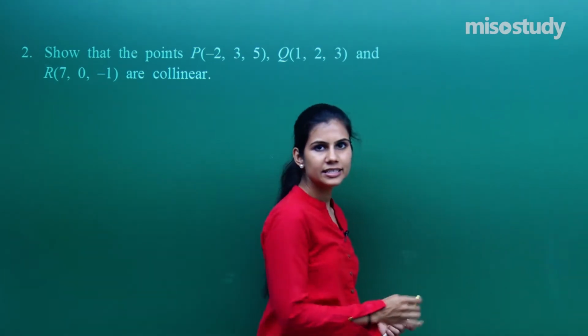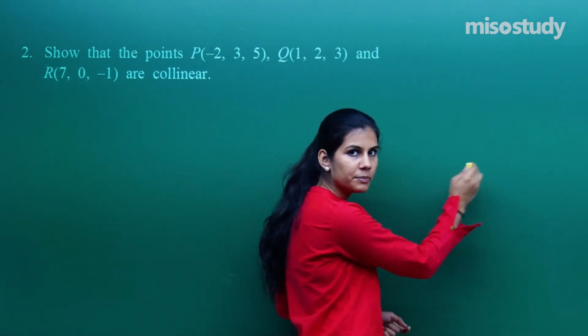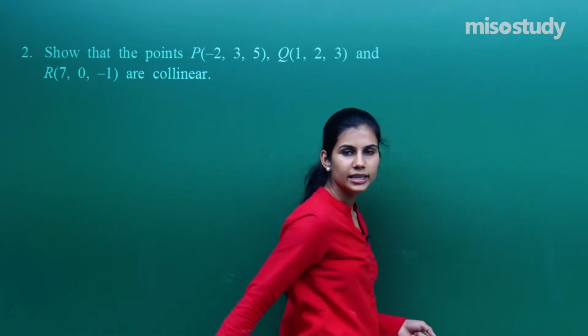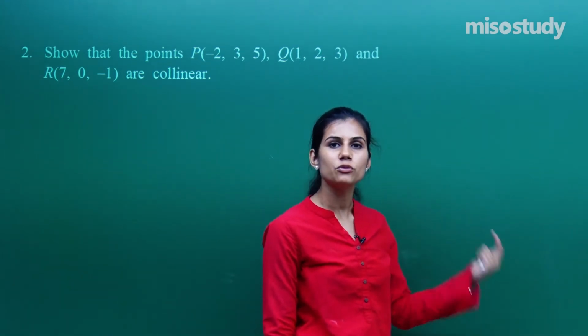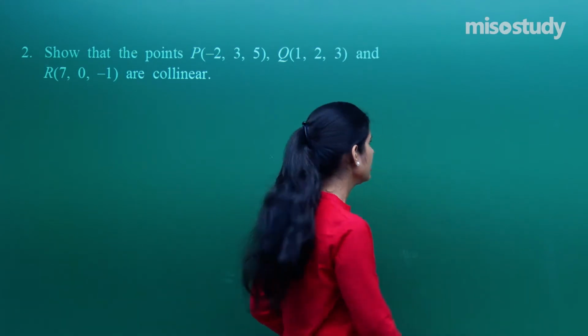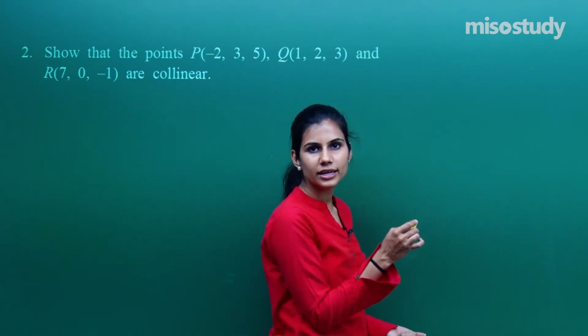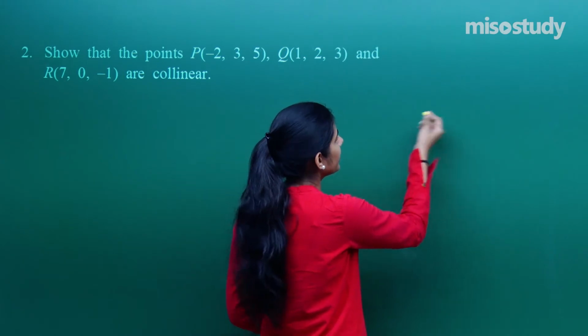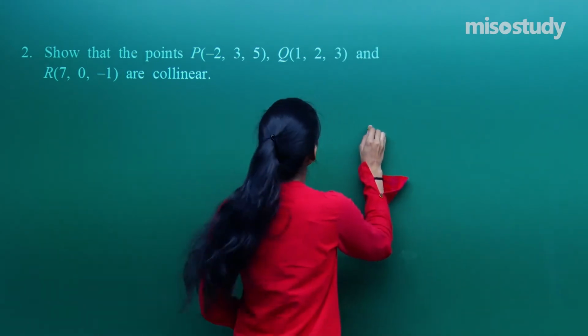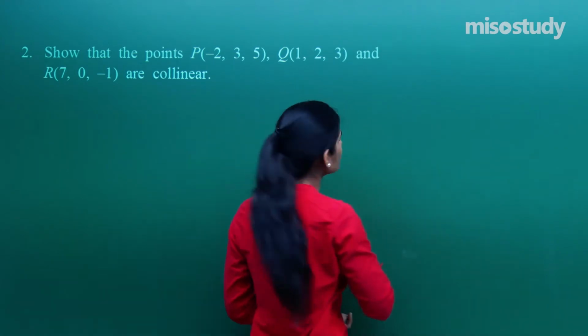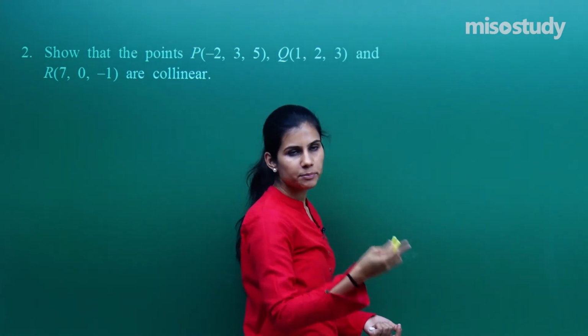I will be finding the distance between A and B, distance between B and C, distance between A and C, and watching out for this observation that whether the sum of any two sides is equal to the third side or not. I don't know which point is lying in between right now, okay? So anywhere can be A, anywhere can be B, anywhere can be C. Let's talk about AB. It's actually PQR, so we're going to talk about PQ, QR and PR.